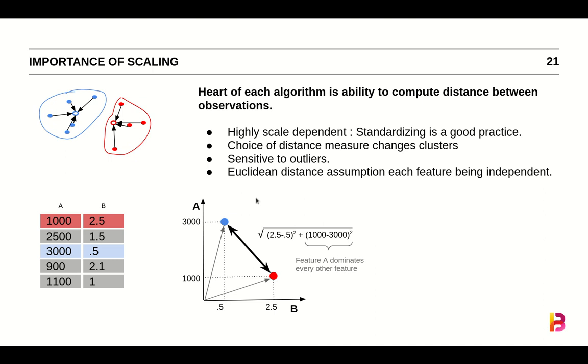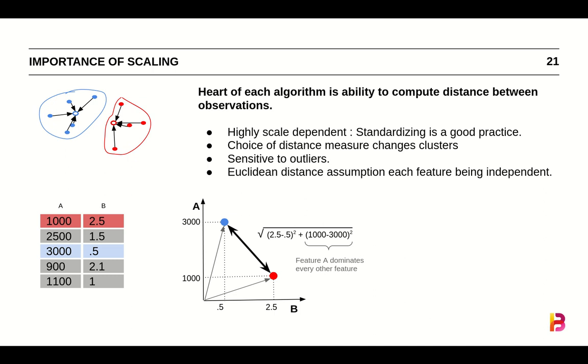So this type of thing causes clustering based algorithms to be highly dependent on the scale. If the scale is large, they get influenced quite a bit. And then the choice of these distance measures: a Euclidean might give one answer, Chebyshev might give another answer, Manhattan distance might give rise to a totally different end cluster. So these are also sensitive to your choice of measures.